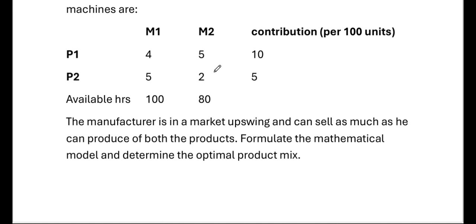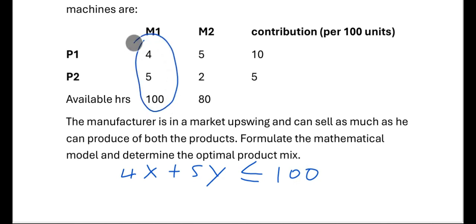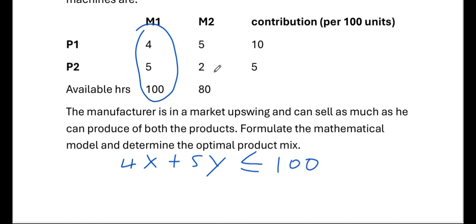We are going to have 4X plus 5Y must be less than or equal to 100. So this is what we've just taken here. That's the first constraint. We are assuming X is P1